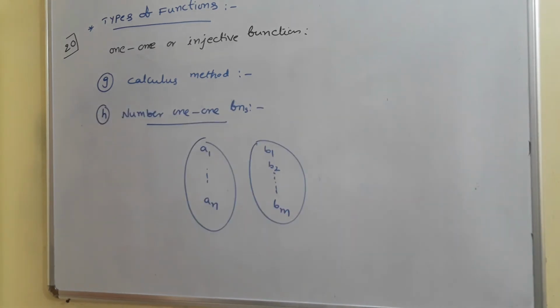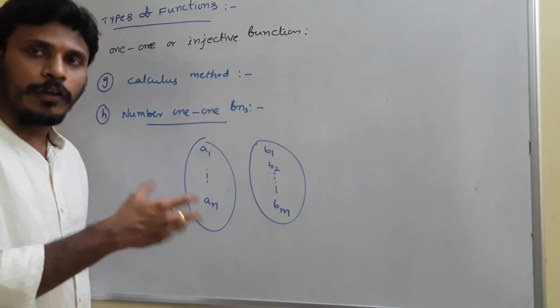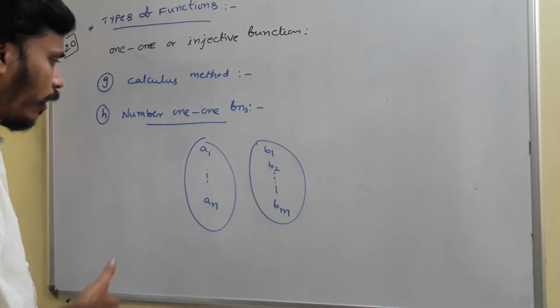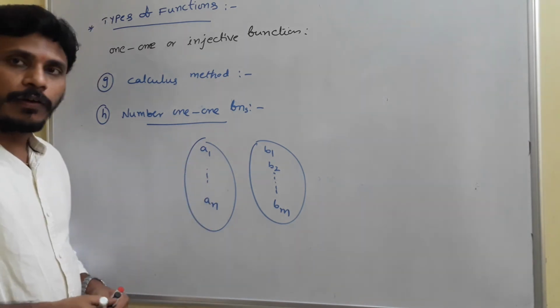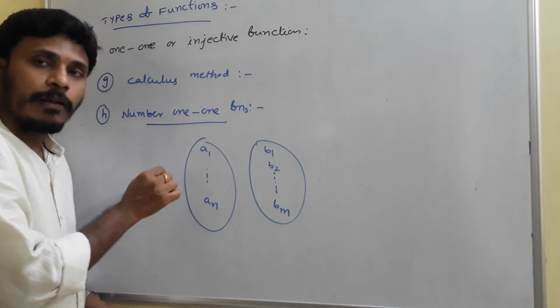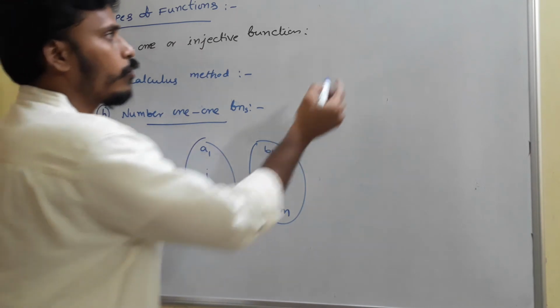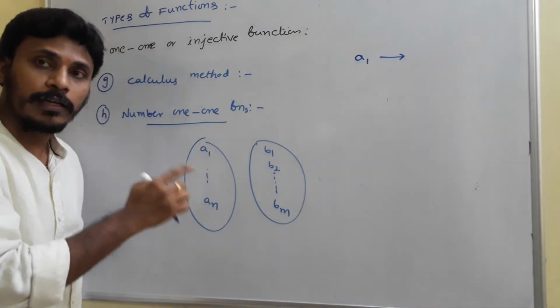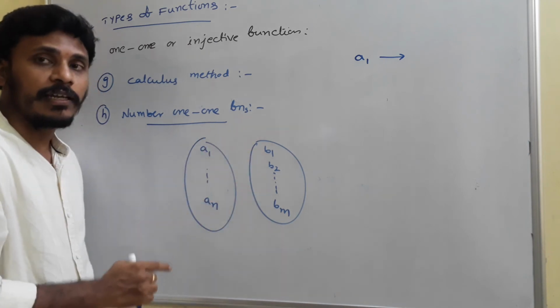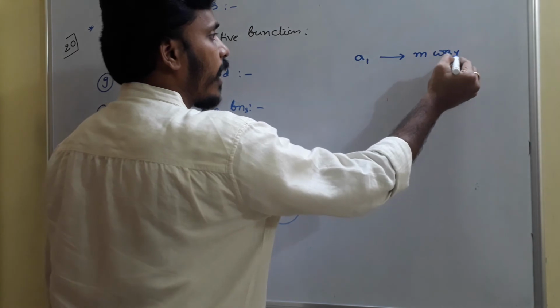Now I am going to count the number of 1-1 functions, related to the calculus method, graphical method and algebraic method. I will give you different examples in the next point. But now, just to count the number of 1-1 functions, we need to map every element of the first set to different elements of the second set. First of all, think about the element a1. How many chances does a1 have to connect? Since there are m elements in the second set, we have a chance to connect in m ways. The first element has m ways.